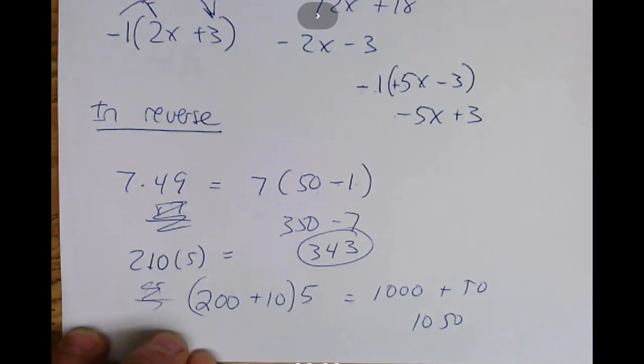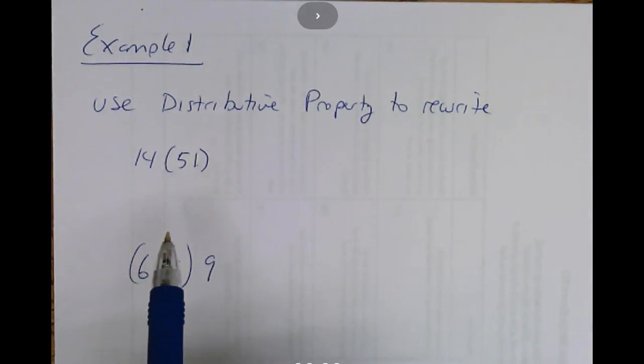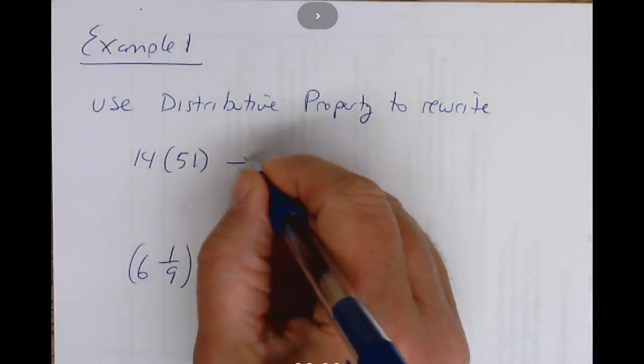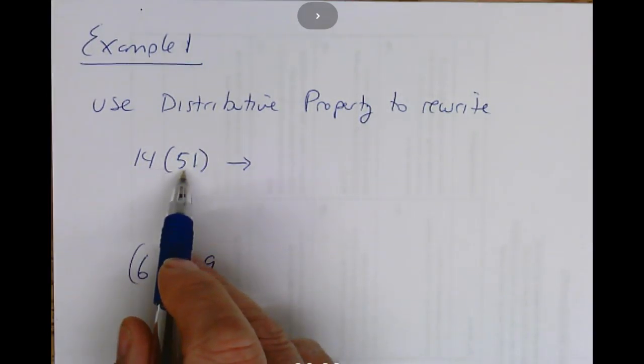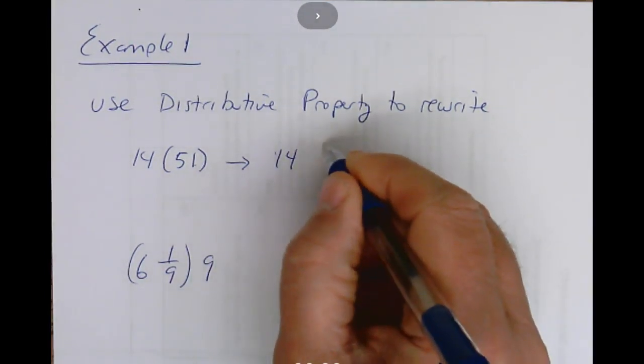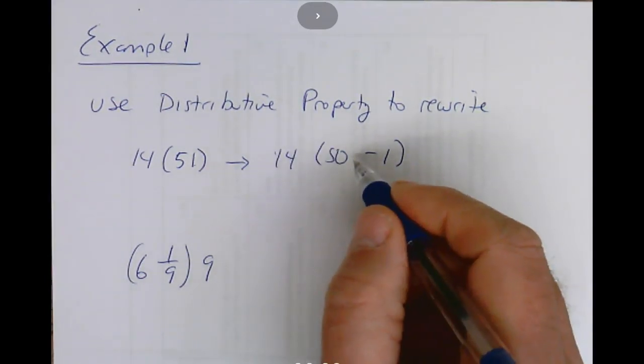So that's kind of some examples of how you can use it in reverse. Okay, let's just do a couple here. These are examples from your book as well. So let's say we had 14 times 51. Well, again, we can do this in reverse. We're trying to make this easier on ourselves, right? So we could just say 14 times 50 plus 1, and then we'll have this